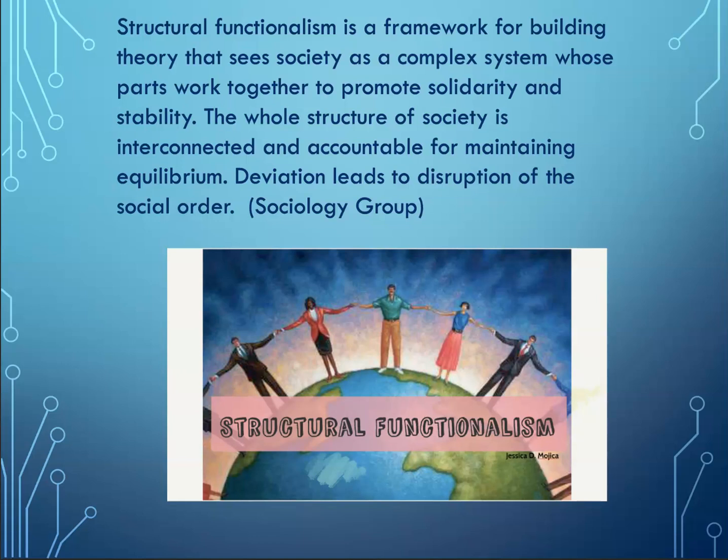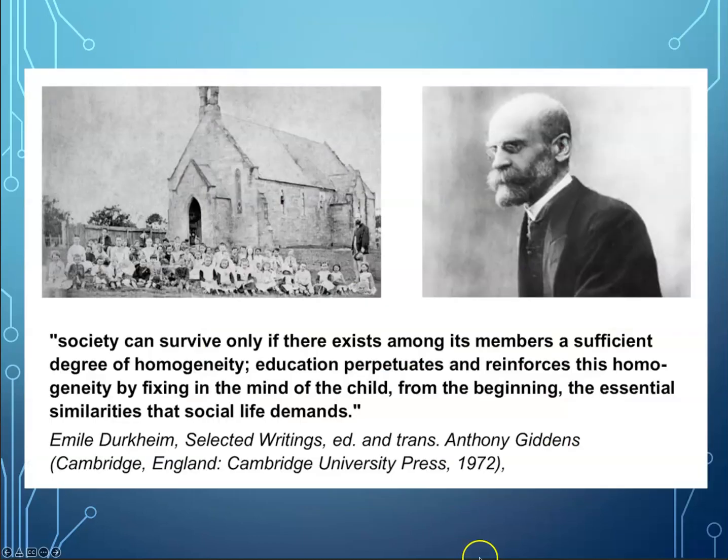Deviation from that norm then leads to disruption of the social order. So we have this kind of desire of social theory and research about social institutions to bring order, to bring equilibrium to the body that is being looked at. And one of the first, and certainly not the only, but perhaps one of the most well-known theorists to do just that is Emile Durkheim, a sociologist who tried to understand the social world in which we live.